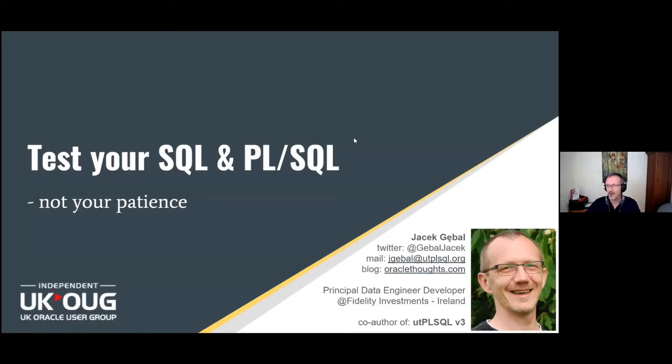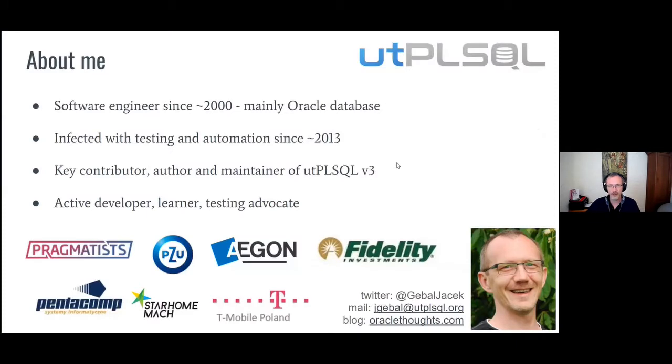So maybe I'll start with a few words about me. I'm a software engineer since early 2000, mainly focused on Oracle databases. I worked on multiple projects across the years, but in 2013, when working for Pragmatists, I got infected with agile methodologies, testing, automation, and I stayed like that ever since. I became a key contributor and author of utPLSQL version 3. It was 4 years ago, and I'm still an active developer